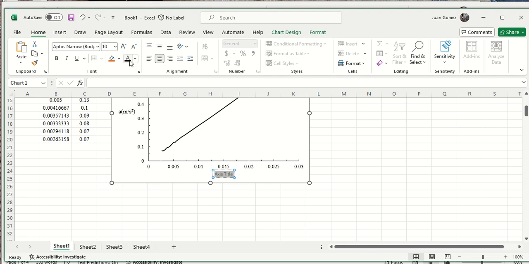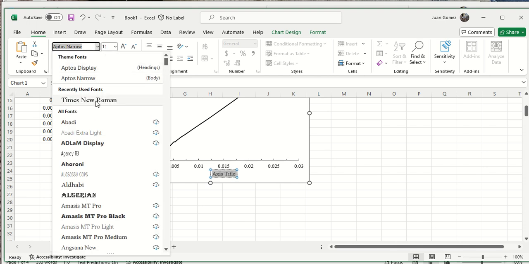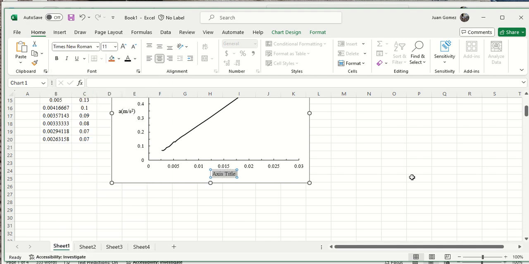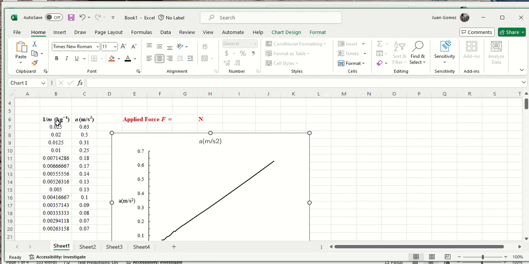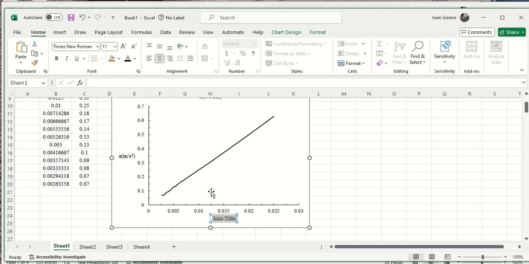Again, I want it to be black. 11, Times New Roman. There we go. Finally, it's showing up there. And now remember, the x-axis is 1 over the mass, and the units are kilogram to the minus 1. So I'm going to do 1 over m, and then space, left parenthesis, kg, and then I need the minus